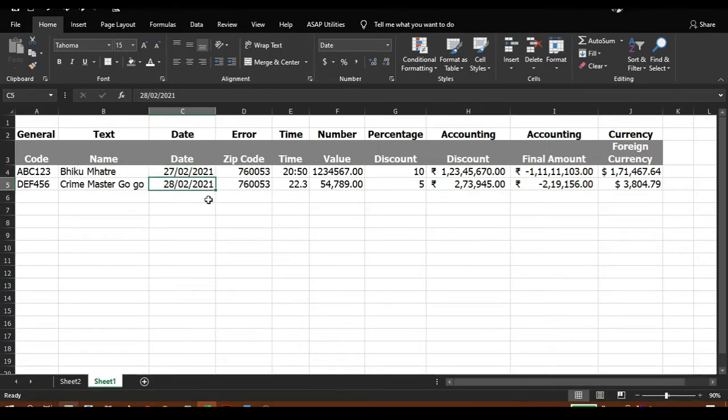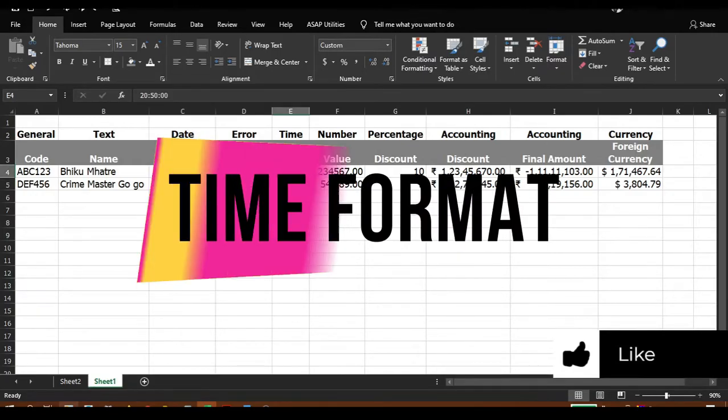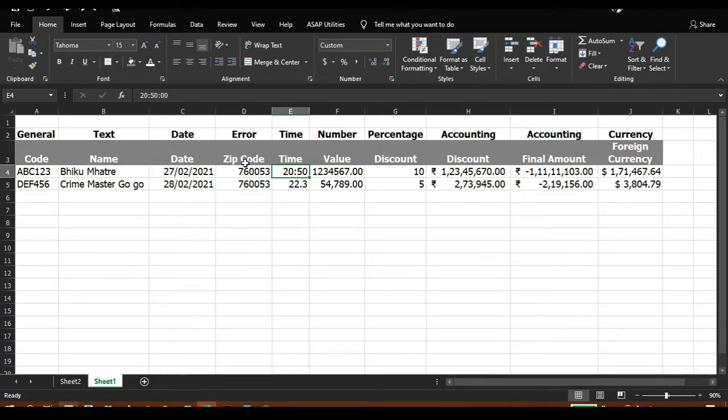Since Excel understands the formats, it makes it easy to use the fill handle to continue this series, and we do not have to take the effort of entering each one by one. So make sure when you enter the data, you enter it in the correct format. So let's check the other formats as well. The next one is time format. You can see that in the first cell the time shows correctly, but in the next cell it's wrong because the entered data is wrong. To enter the time, use a colon.